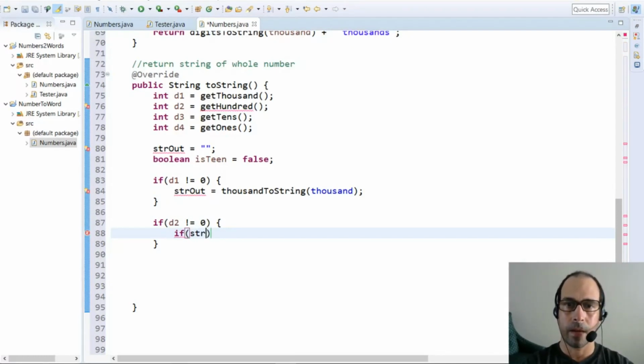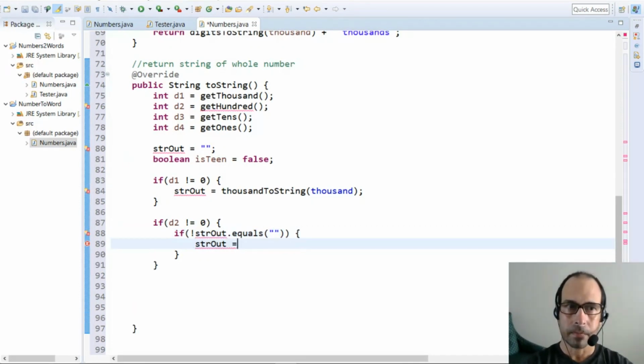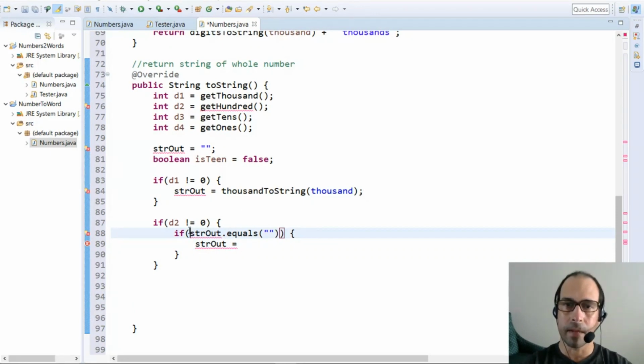So if string out equals an empty string, meaning that we don't have anything in the thousands, then we are going to do